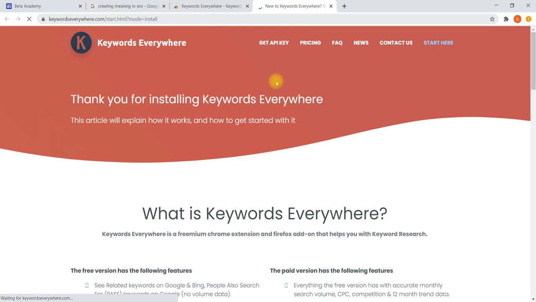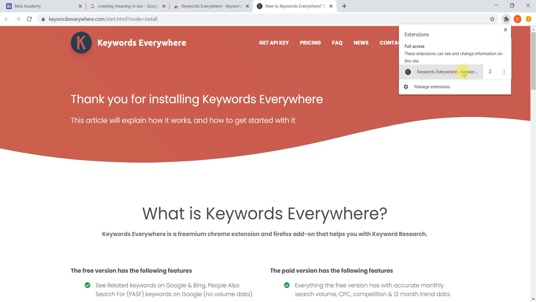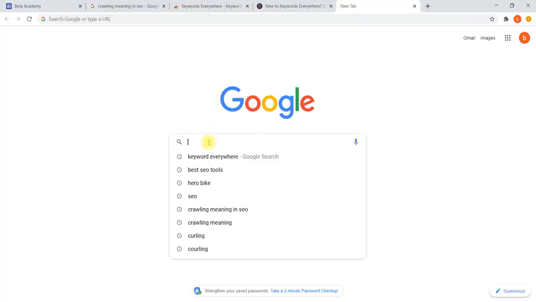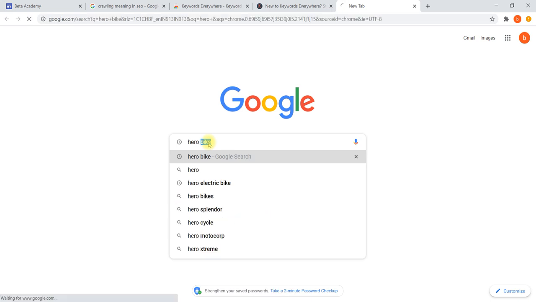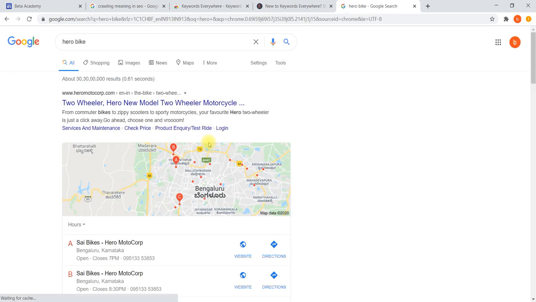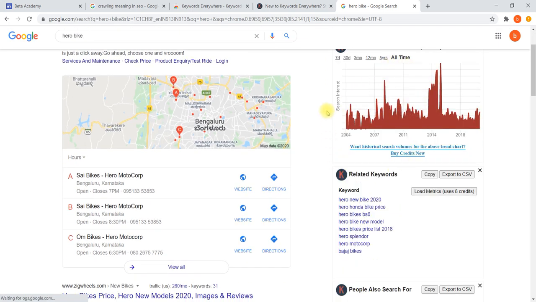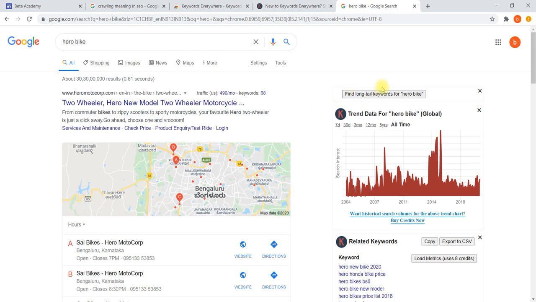Once the extension has been added, here you can see the extensions. Google Keyword Planner is already added. For example, now if you go to Google and search for something like hero bike, on the right-hand side you are able to get details about that particular keyword.